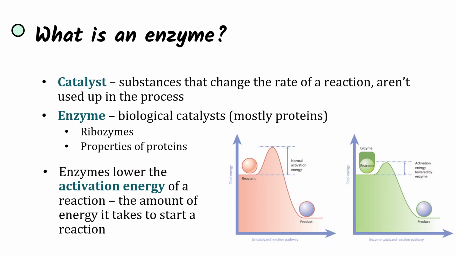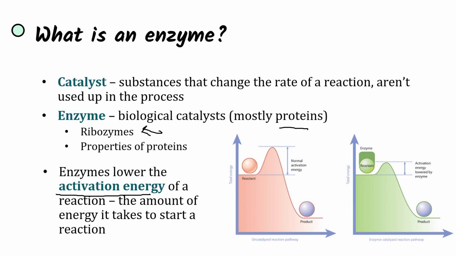And most enzymes are proteins, which means they follow properties of proteins such as our primary, secondary, tertiary, and quaternary structure, and they're also susceptible to denaturation, which we'll talk about in a second. Some enzymes are ribozymes, which are enzymes that are RNA, so they are nucleic acids and not proteins, but the majority are proteins. And enzymes lower the activation energy of a reaction, which is the amount of energy it takes